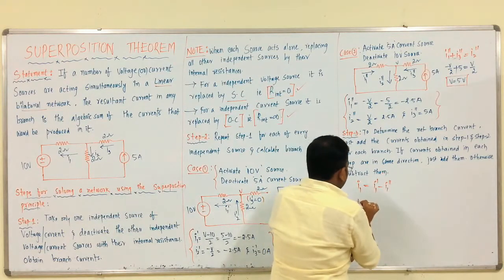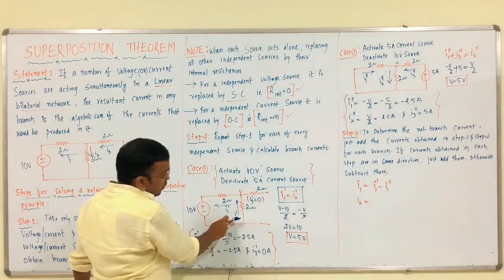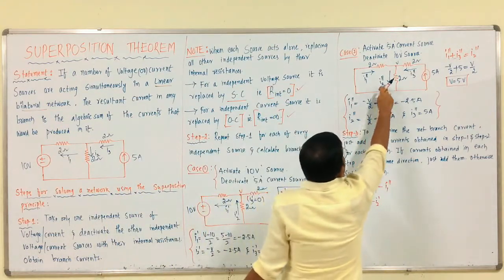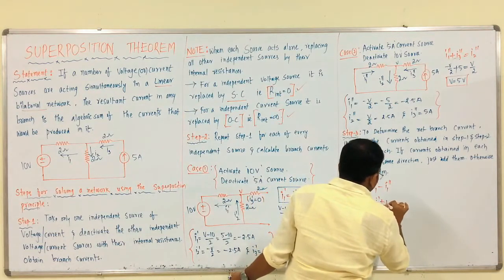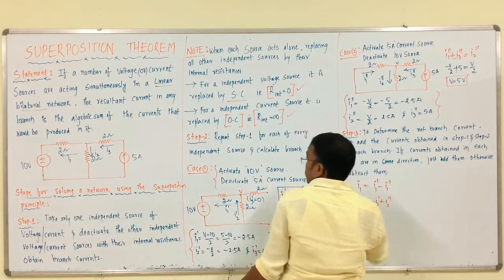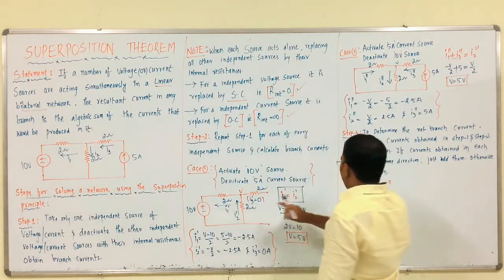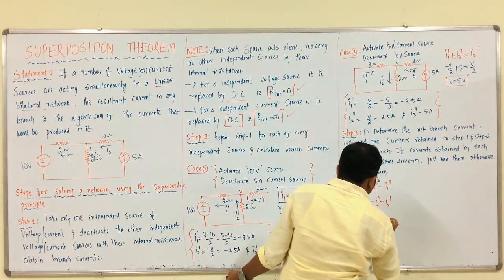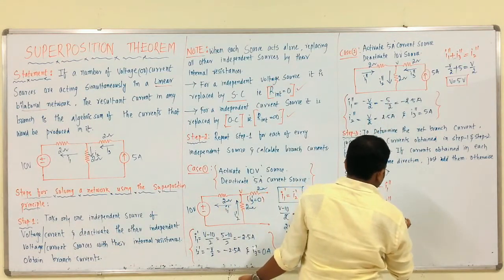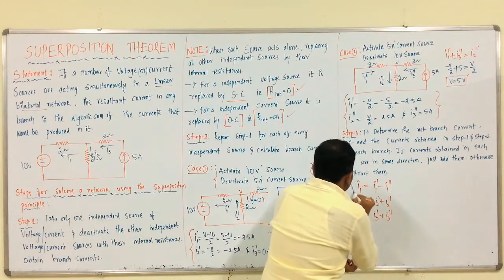So, like that, what is I2, which equals, see, I2 is downwards, here I2 dash is upwards, that is minus I2 dash, clear. Next, coming to I2 double dash, that is same as that of I2, that is plus I2 double dash. Like that, what is I3, which equals, see, I3 is anti-clockwise, but here I3 dash is nothing but 0. So, there is no proper direction, but we have I3 dash, plus I3 double dash, same as that of I3. So, these are the current equations.